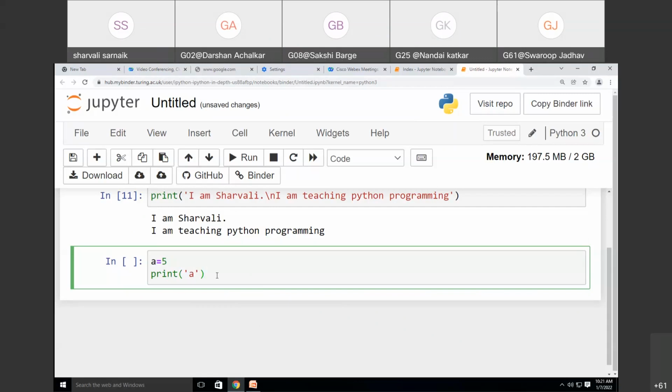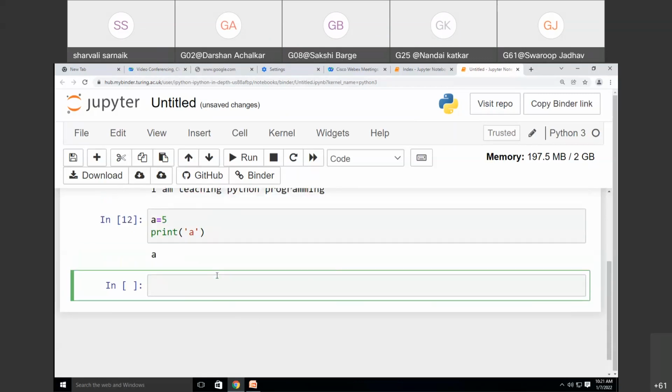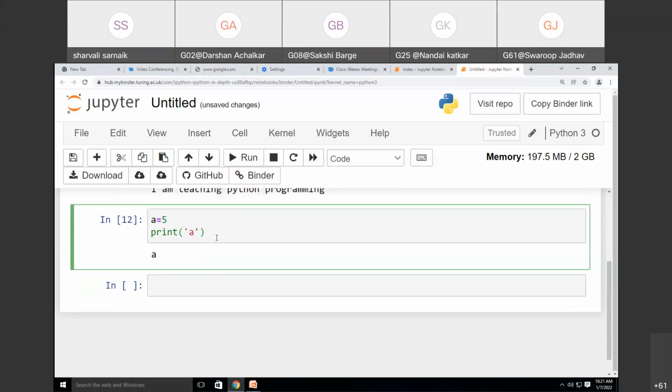Now we know that whatever we write inside these quotes will just be printed. So my output will be A only, right? I have written this A inside the single quotes, so I am getting the output as A.